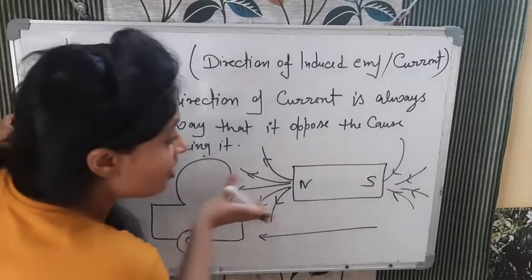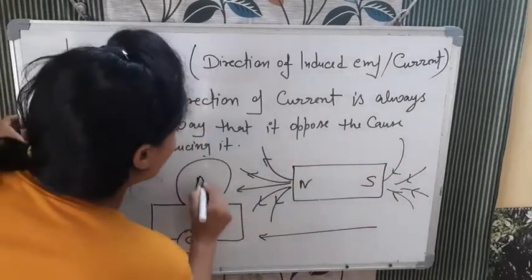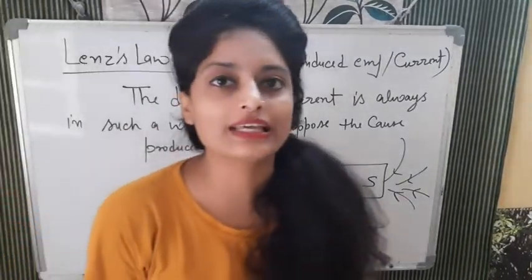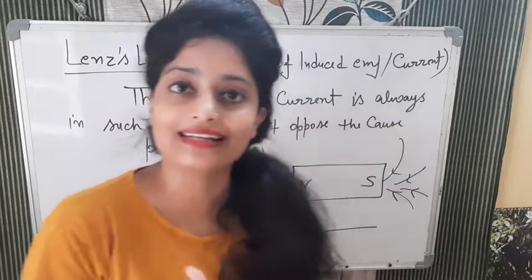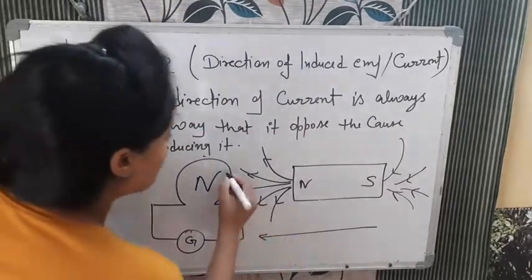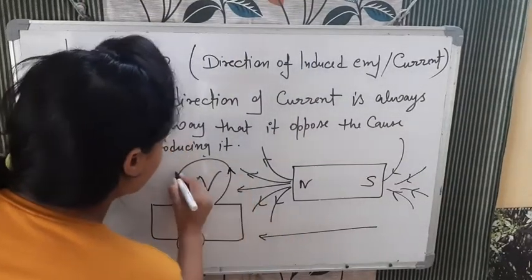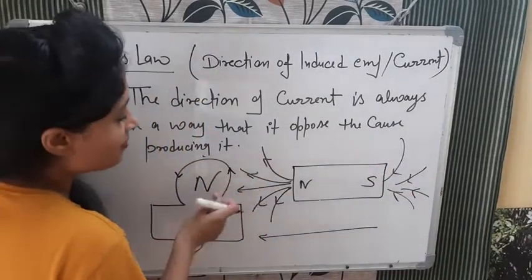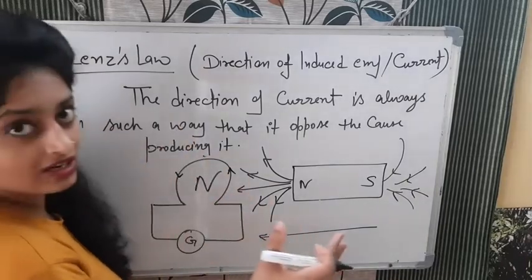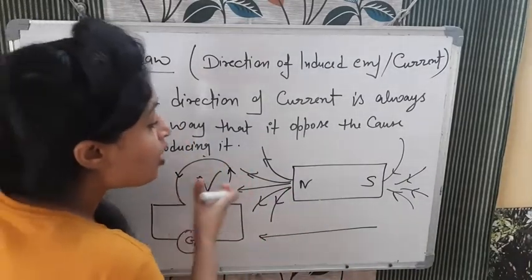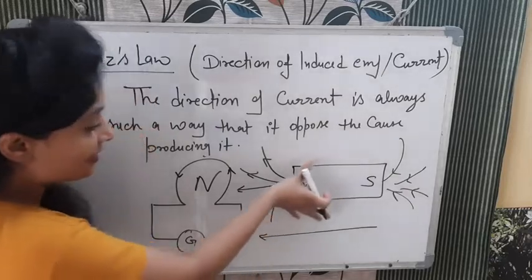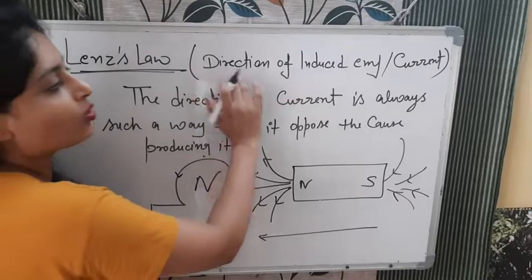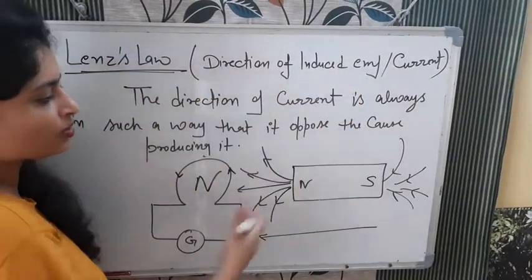Now this induced current will be in such a way that it opposes this. समझ रहे हो? And it will oppose this by becoming a north pole. North pole clock rule के according क्या बताया था? North pole कब होता है? When the current is in the anti-clockwise direction. So it means the current will flow like this. When the magnet is coming towards this coil, the induced current will be anti-clockwise to oppose this increasing magnetic field. तो उसको oppose करना है. यही Lenz's law है. The direction will always be in such a way that it opposes the cause.